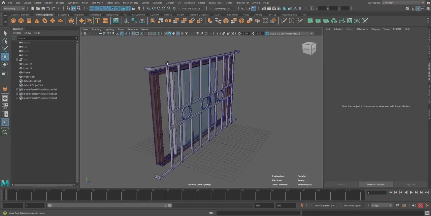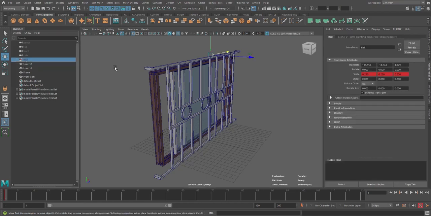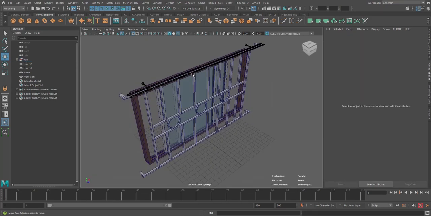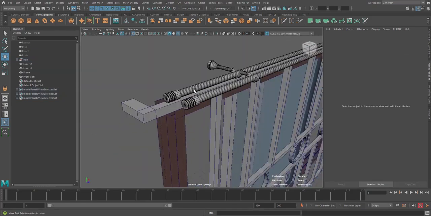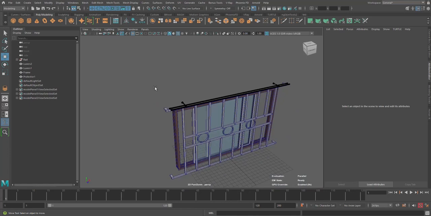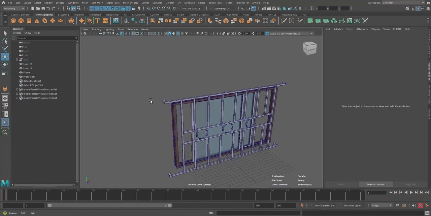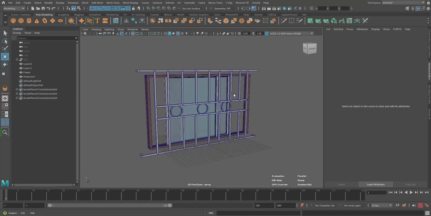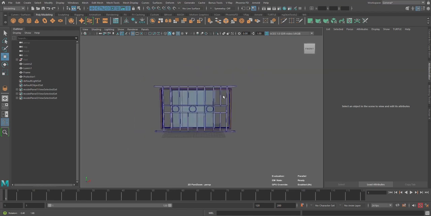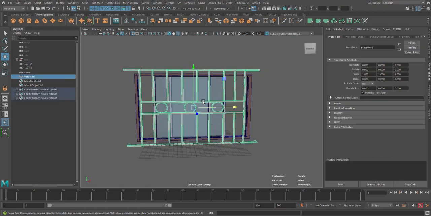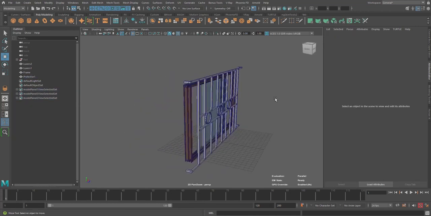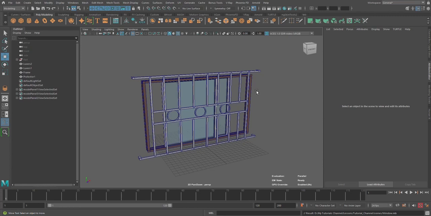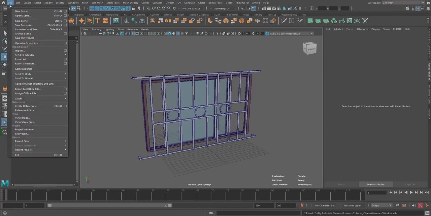Now, I've also done the rail. For the rail, we might see this one later. We'll have to cut out a curtain for this, but let's leave this for now. All right, so I'm going to take this protector and move all of this into the scene we had of the building. All right, so this is saved for me. I'm going to go back to